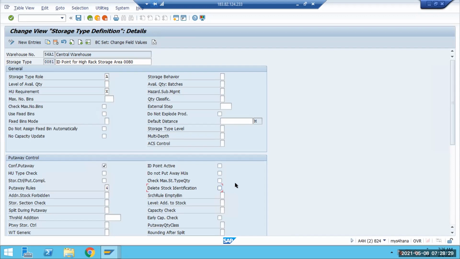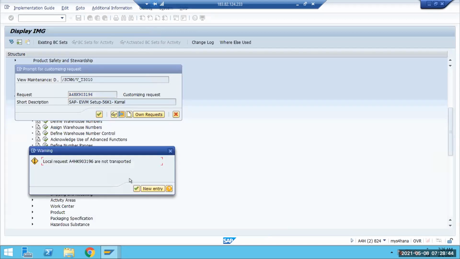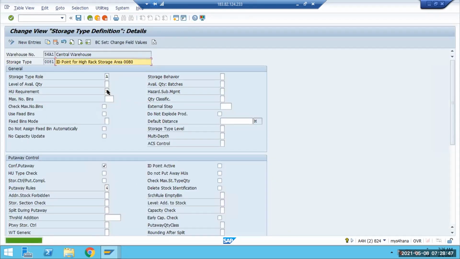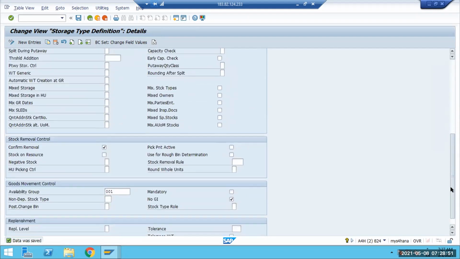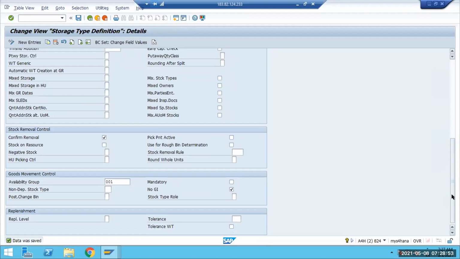Yes. So this was the missing link, because for any interim stage, if it is there, then if you confirm that task, automatically it will consider this put away is complete. Because of that, it will not consider any of the subsequent warehouse tasks. A very good point. Actually, I struggled initially, then only I realized it. And the availability group also, you should see that. It should not be there. I think it can be there, but it should be 001. But at the end of the day, for the final put away, it will be 002. Yes. These three things.